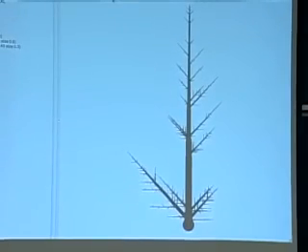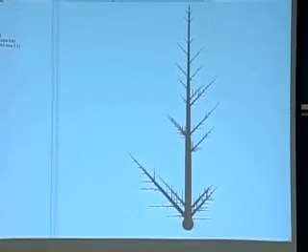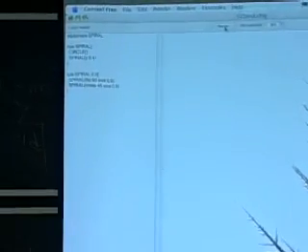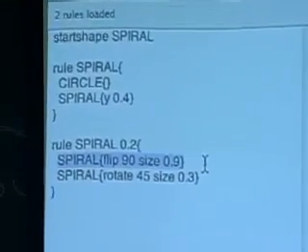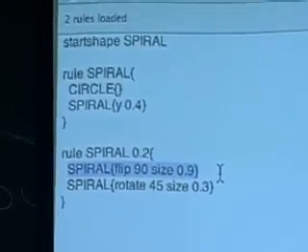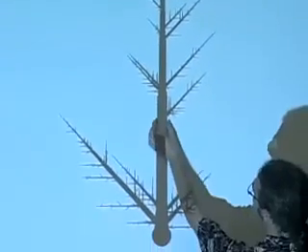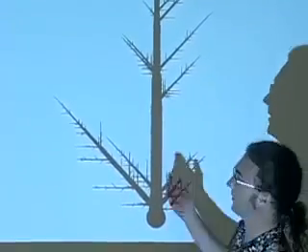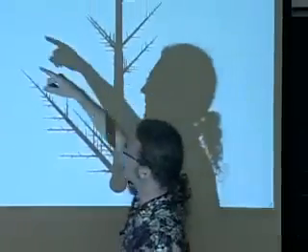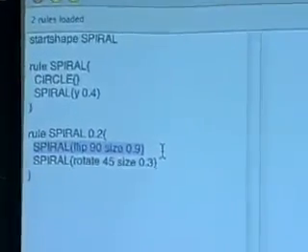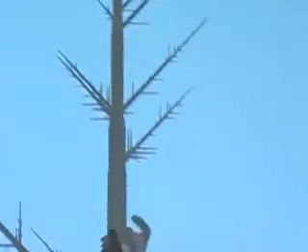So I'll just explain the rules in case you didn't follow. This part of the rule encodes the fact that whenever it branches, the size gets a little smaller by a factor of 0.9. And you form this branch, and the second rule here says size 0.3. That means that the size of this branch is 0.3 the size of the original trunk.